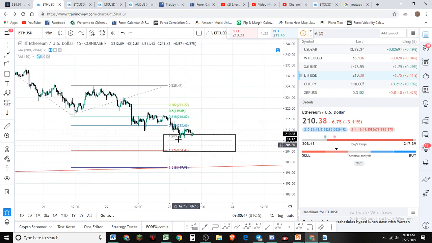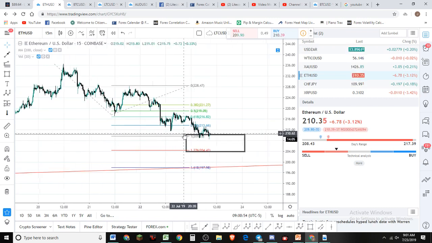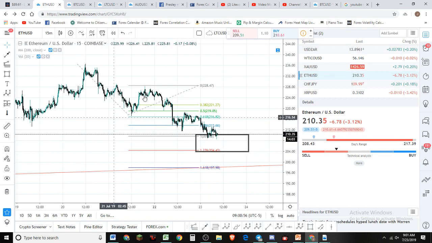So I called yesterday this box at 204 to 209 or to 210 in that ballpark. That's what I called yesterday, and we have come down to that. So the question is, is this done? Well, if this is A, B, C,